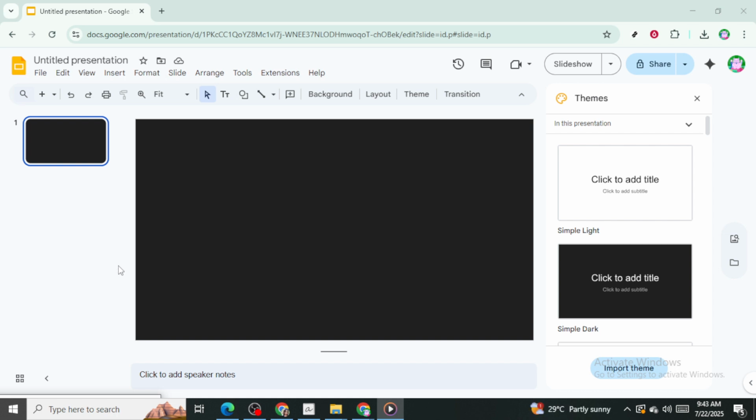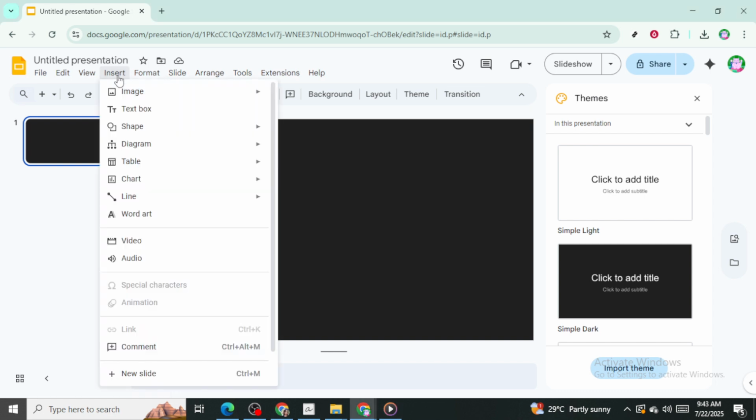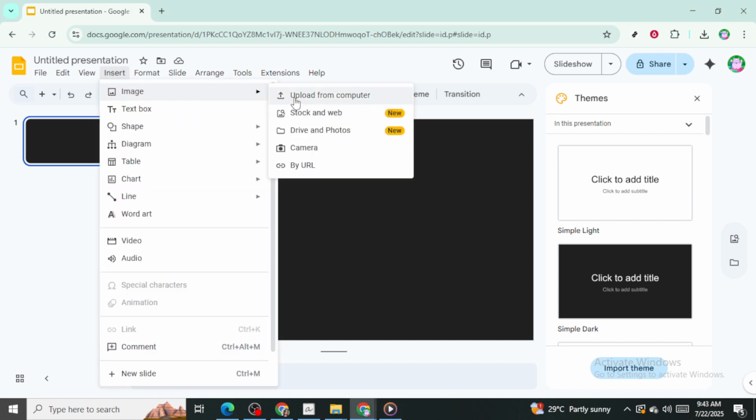First things first, you need to insert your photo into Google Slides. Ideally, you want this picture to have a plain white background to keep things simple and ensure the best results with the removal process. Google Slides offers an intuitive interface for inserting images. Simply click on Insert, then Image, and choose how you want to upload your picture, whether from your computer, Google